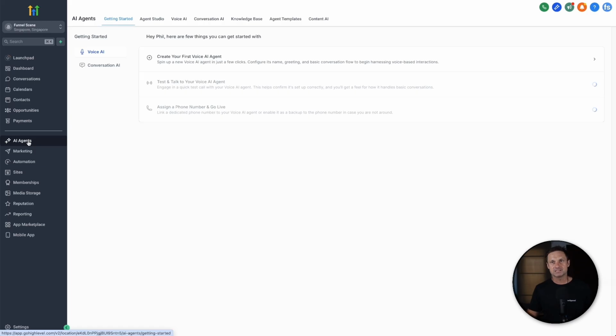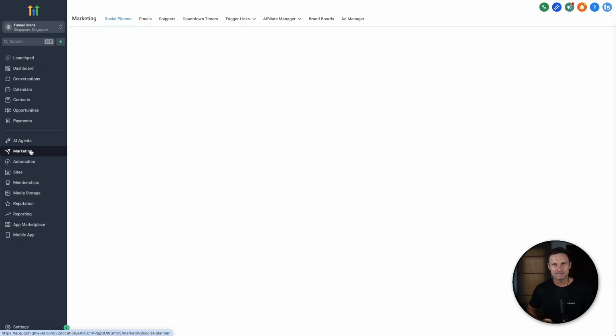Next, we have AI agents. If you have been hearing on the internet, AI agents are taking over basically human sales agents. So you can create your own voice AI, conversation AI. You can create knowledge bases full of information about your business. You can also use some pre-created templates. You can use content AI to create sales copy, images, everything like that. And now there's also the Agent Studio where you can have outbound calls with agents. If someone calls your business, you can have an agent reply if you're busy. Same with messaging, everything like that. Agents are insane. I'll have to do videos specifically about it.